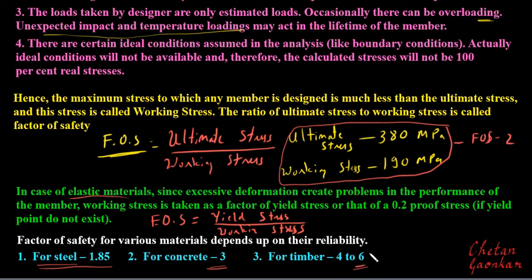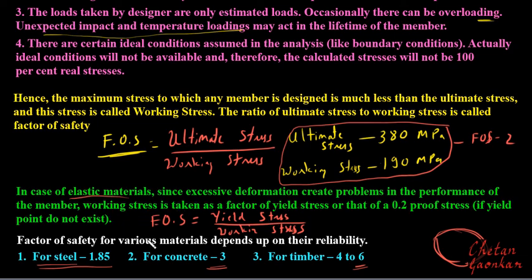And to give you an example of a higher factor of safety, you must have visited any old temples and all, wherein you must have seen that their pillars are very big in size, right? They are very big in cross sectional area, the pillars of any old temple. Or if you have seen your ancestral house, even their walls are very thick. The reason is that at that time, since they had no means to calculate proper factor of safety, they were using a very large amount of material in order to build any structures.